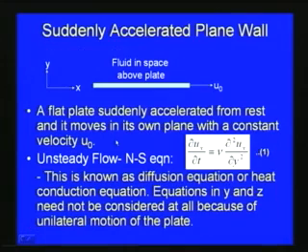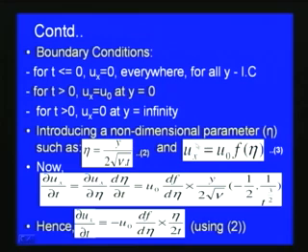So, now this problem has two parameters, the independent variables t and y, and the velocity is ux. To derive an expression for this, we will use some mathematical techniques. Here we introduce a non-dimensional parameter eta, such that eta is equal to y by 2 square root of nu into t, where t is the time and nu is the kinematic viscosity, and then we can write the velocity variation ux is equal to u0 into a function f of eta, as in equation number 3.